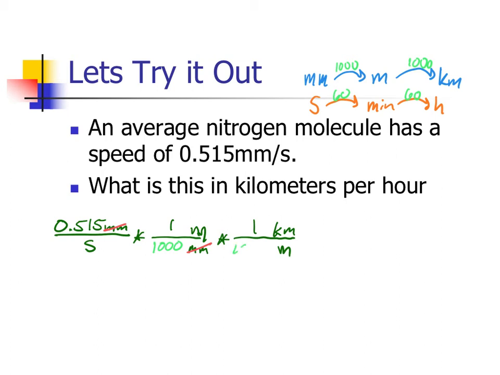How much bigger? 1,000 as well. Now that I have kilometers in the correct place, because it would be kilometers per seconds right now, I need to now write out my seconds